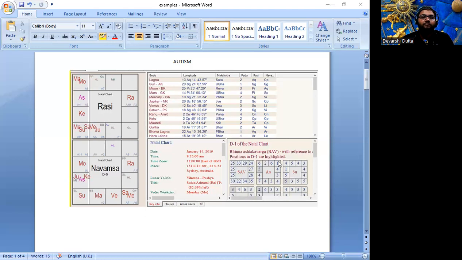However, it's about the blood circulation, or it's the first house, right? What is the first house? Head, brain. Brain development. Also, you can see autistic traits in this chart. Mercury and Saturn are closely conjunct. It's also a Pitru dosha, also a Naga dosha. For the sixth house, a Sarpabali is recommended. Saturn with Mercury, closely conjunct.